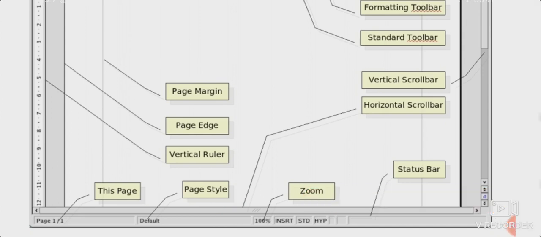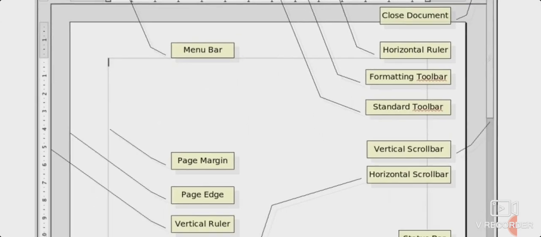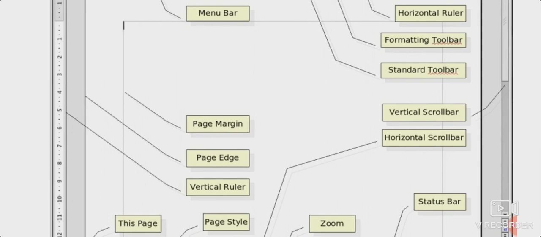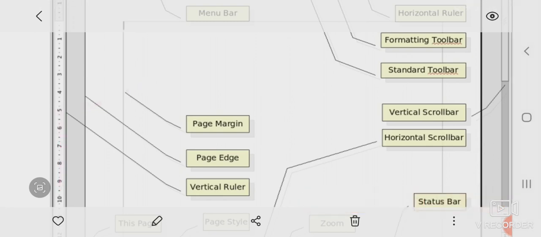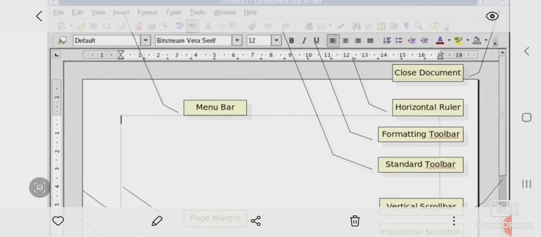Now some other things, if you can see, this is the margin of the page from where you will start writing, and this is the edge of the page. Here you can see these markings 1 2 3 4. It is known as the vertical ruler, and one more ruler is there, children.